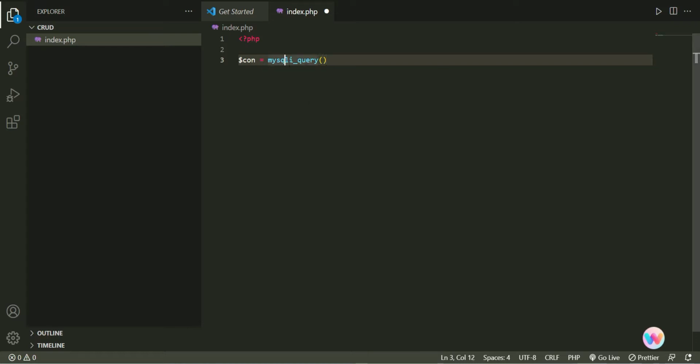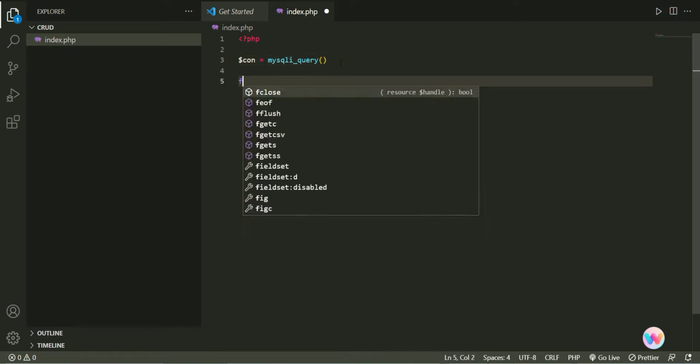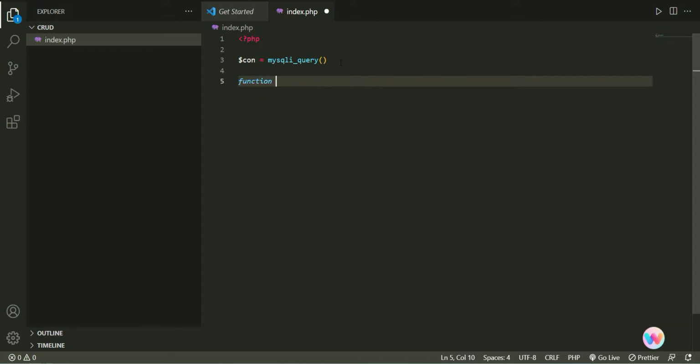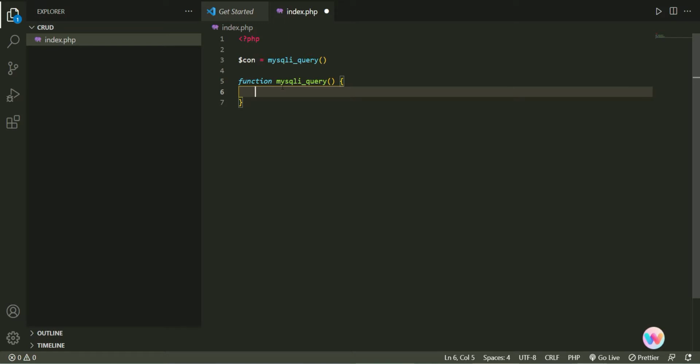What MySQL basically means, this is a function which is by default in PHP. You don't need to create it, and it makes accessing the database much easier. Just to understand what a function is, you create a function in the following way. Function, you call it a name, for example, in our case, mysqli_connect. And between curly brackets, you write your code. But you can see here that you need to add arguments as well. Argument 1,